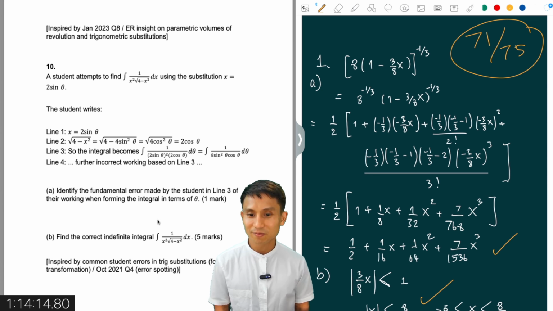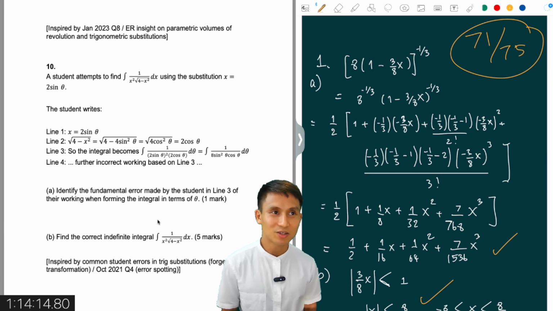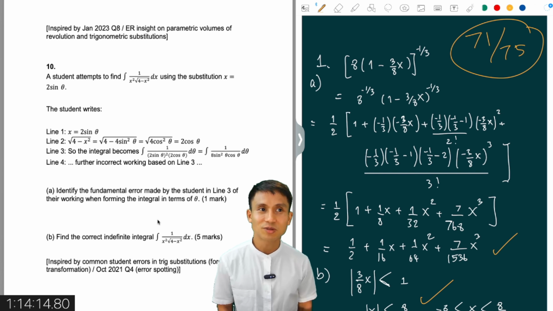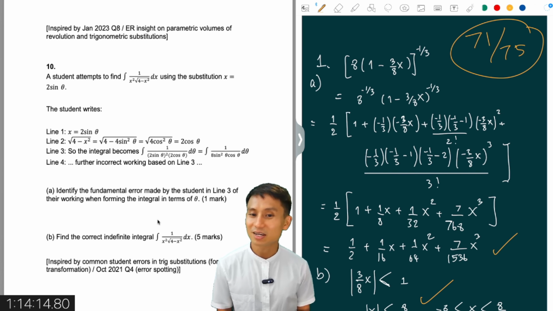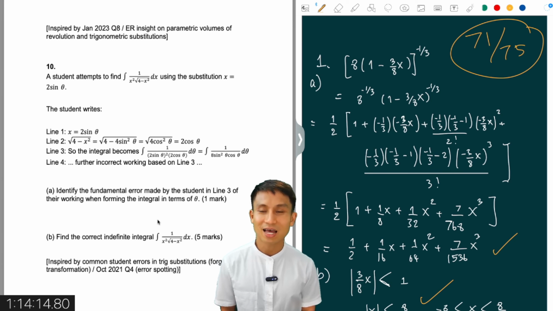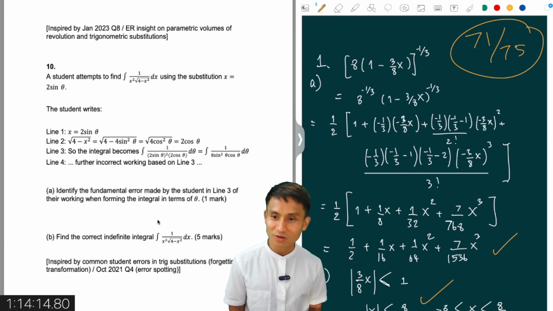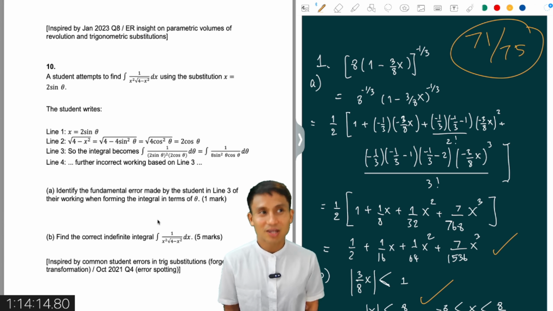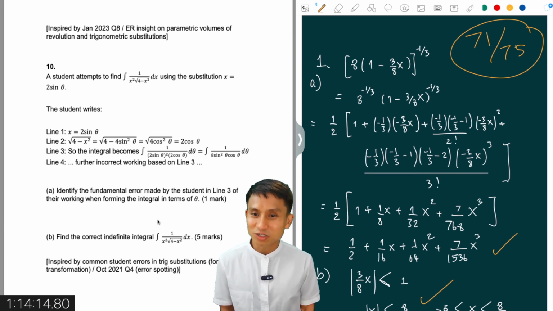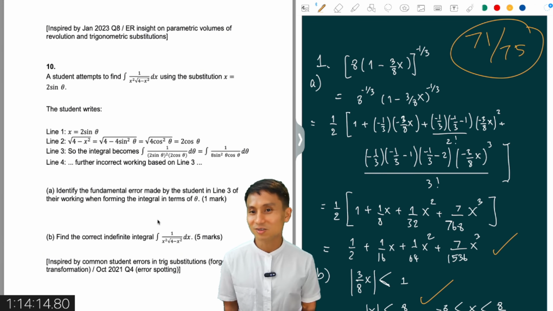So I hope that this will be a useful tool, not a guarantee of any kind. Full disclaimer here: it's not meant to be a guarantee of any kind that the questions will come up anywhere close to this. It could, but if the questions do come up similar to this,